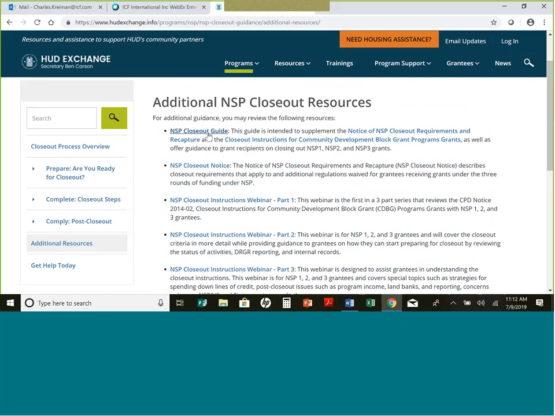I would encourage you, if you have not done so already, to look at these basic reference materials: the NSP Closeout Guide, the NSP Notice, the Federal Register Notice, that's sort of the official Bible of the specific requirements, and then the companion general instructions for closeout of community development block grant programs. That's Notice CPD 14-02,